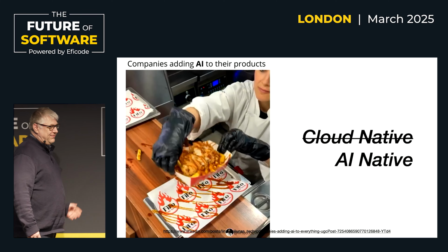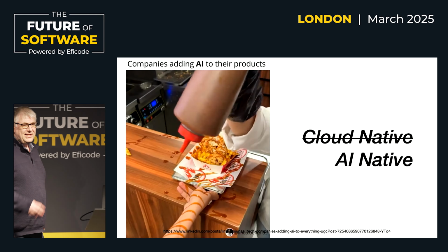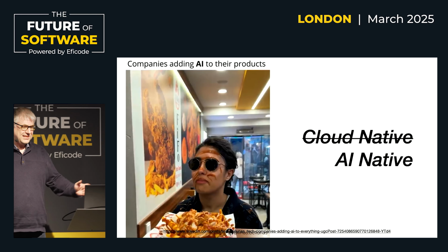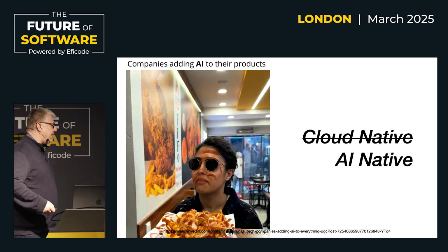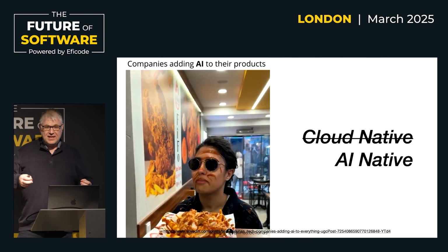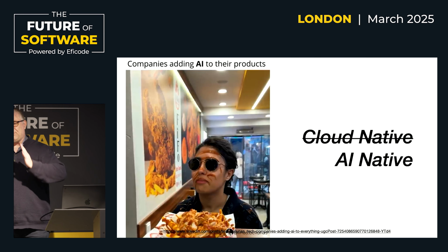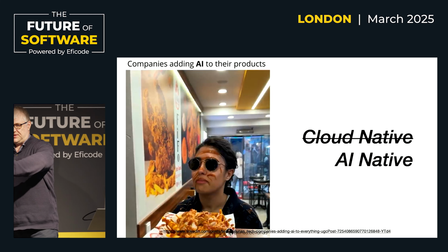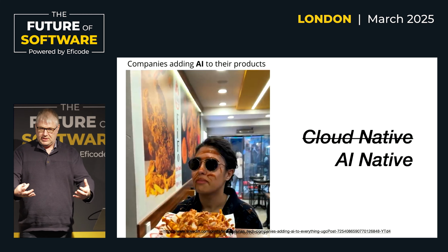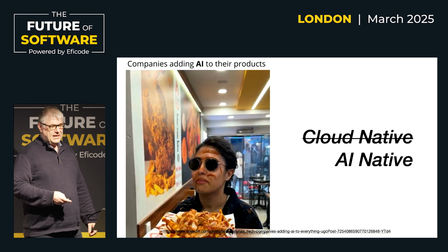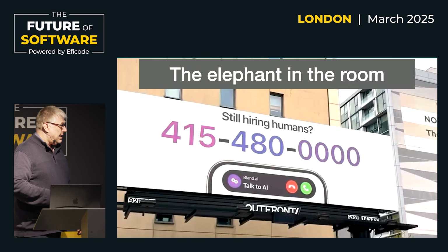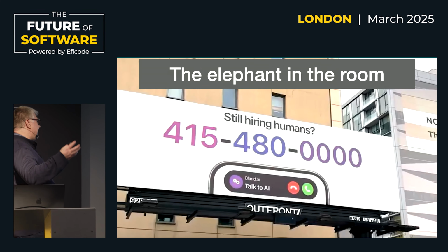All right. So we've seen this morning it's more of the same, right? Oh, cloud native. But how do we do a VLAN? Oh no, now it's called a VPC, right? And it's the same thing with AI native. We don't know exactly how it's going to go, but it's going to be more than slapping AI on the surface. And as we mentioned a few times, we need to put it more at the center and rethink what we do.